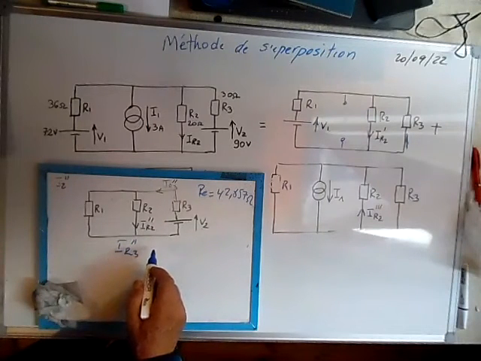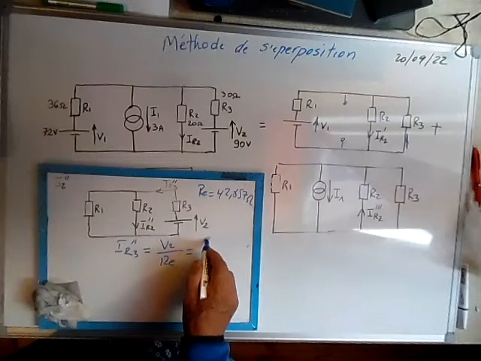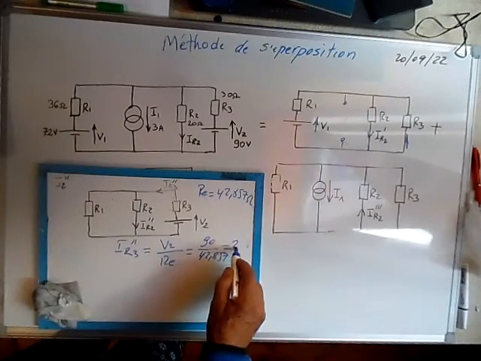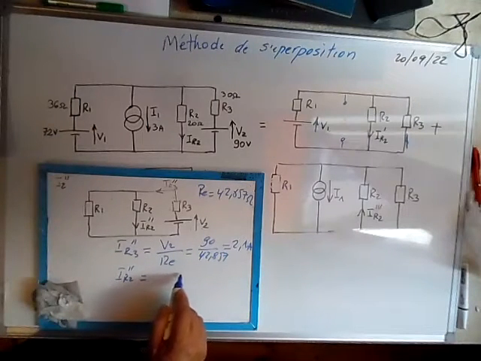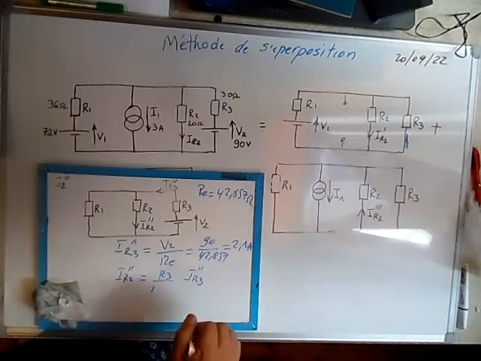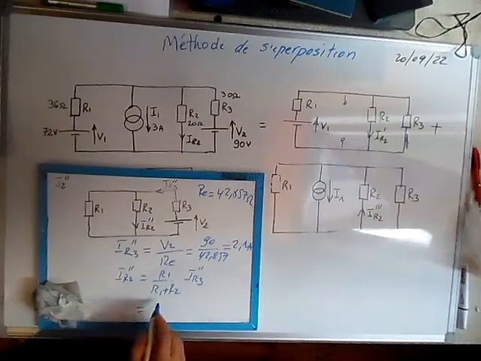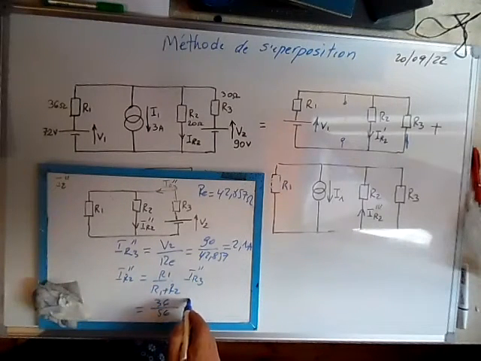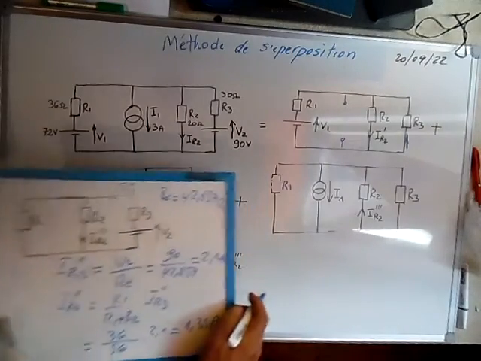We can calculate the main current IR second, or 2 second, which is equal to V2 over RE. This is 90 over 42.857, and this is equal to 2.1 amps. And from here we can calculate IR2 second, which is equal to the main current times, not R3, R1 over R1 plus R2, times this one. R1 is equal to 36 over 56 times the current we have calculated here, and it's about 1.35 amps. We calculated it, we put it here,